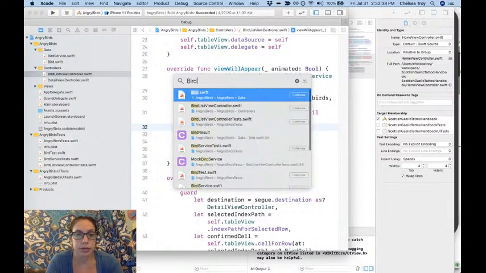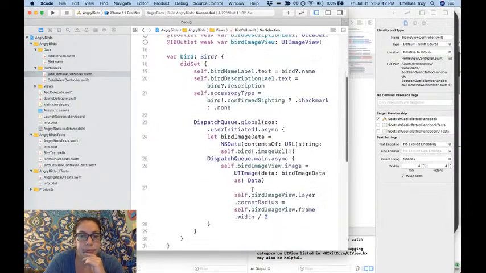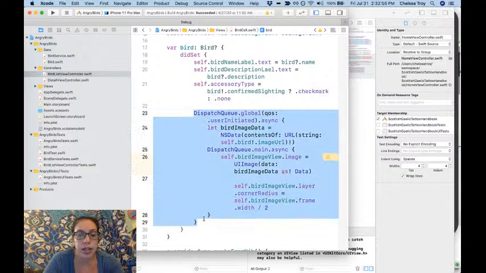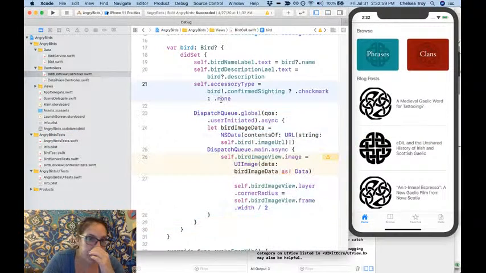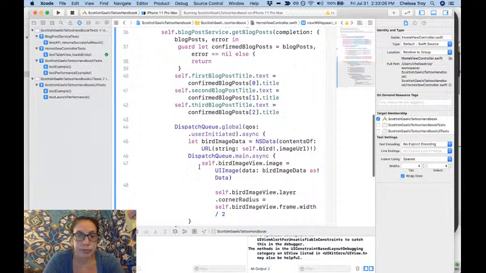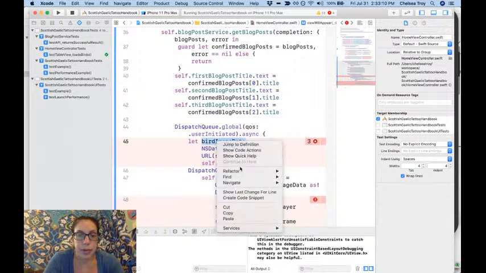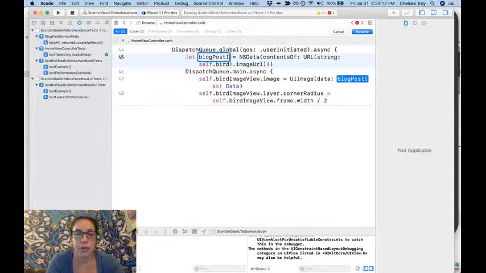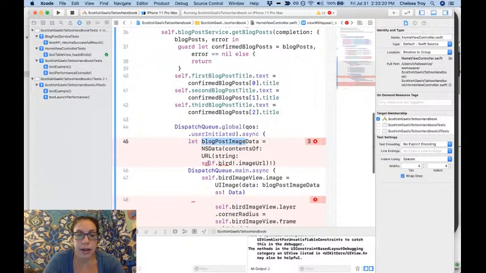Let's look at this code. So this is how you go about making an image from image data provided via a URL. So we're going to yank it. And we're going to rename this blog post image data. And then this is going to be confirmed blog posts